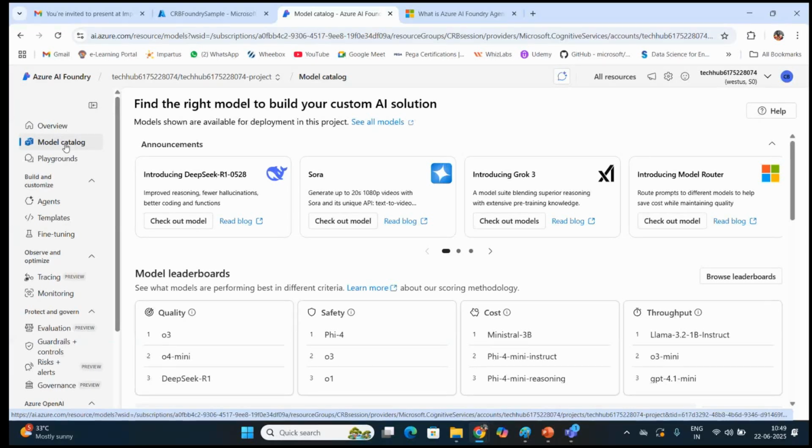Or if you are very new to models and the model catalog, then you would have all the models being added here, and from there you can go ahead and use that.